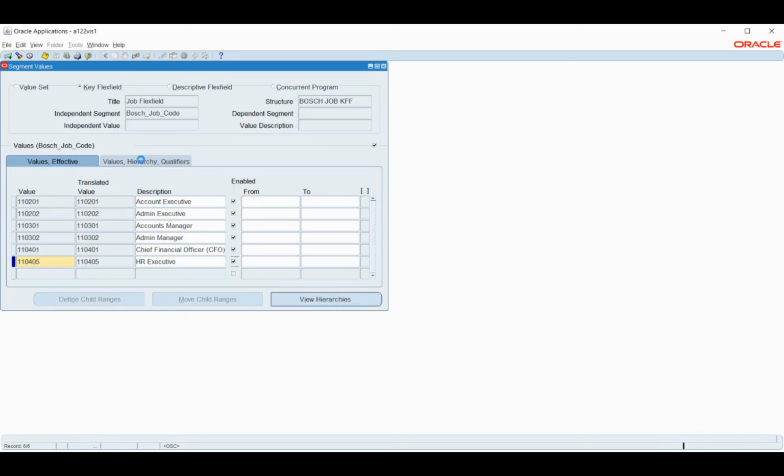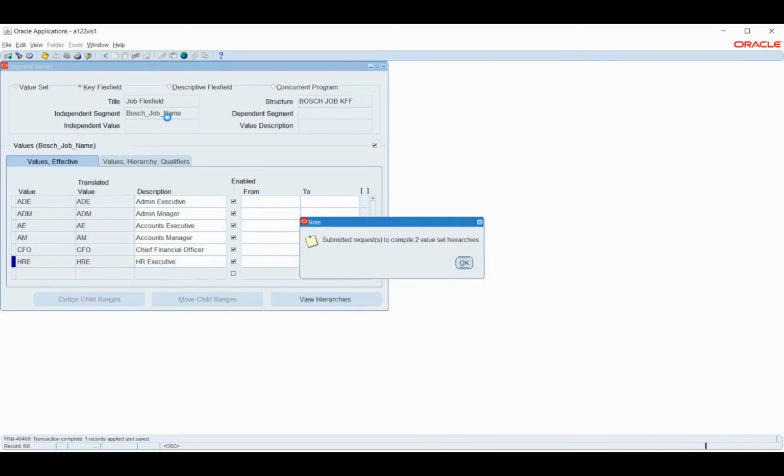So this is done. I'll save this record and click the down arrow, which takes me to the next segment. I'll say again HR Executive. Now we have added it for our job.